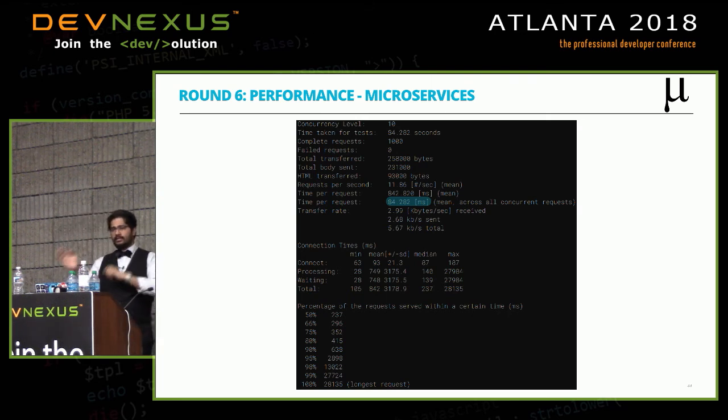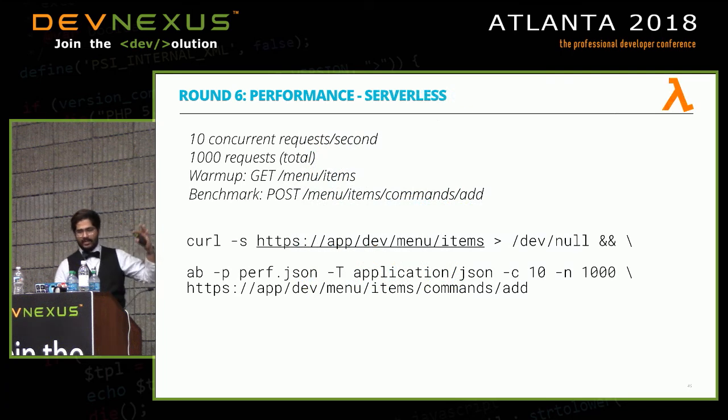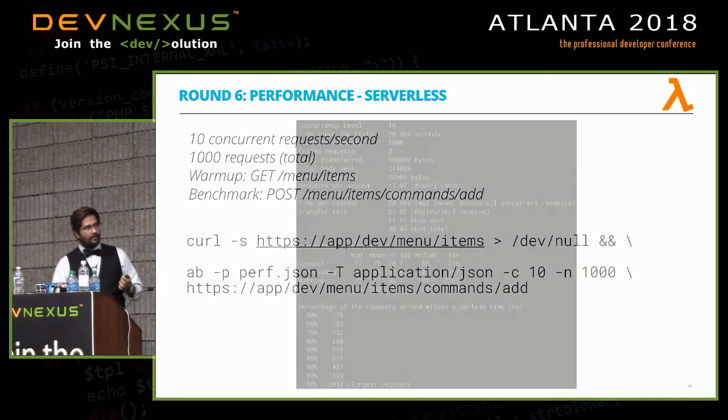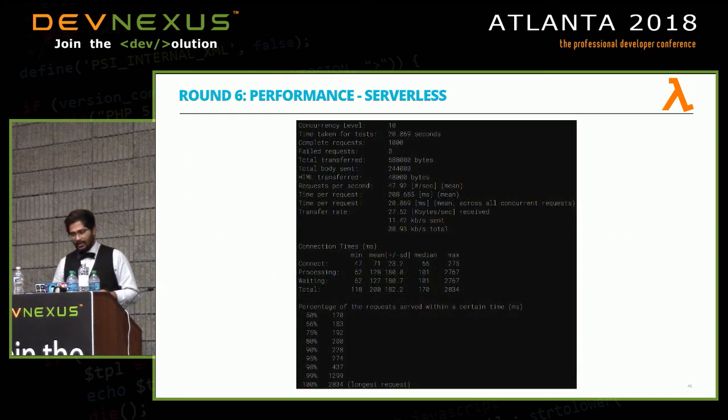So that's the simple test. Let's switch over to Lambdas just to see scalability in play and how quickly it can respond. And this is where the commands are roughly the same, and we're sending the exact same request. The payload is identical as well, and the response is identical as well. So at least in terms of the network traffic and the things that we are calling, everything's identical. And the result is roughly a fifth the size. So you've gone from roughly 80 to 90 milliseconds to around 20 milliseconds when you're running a Lambda.